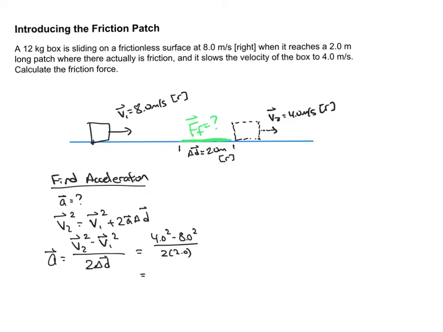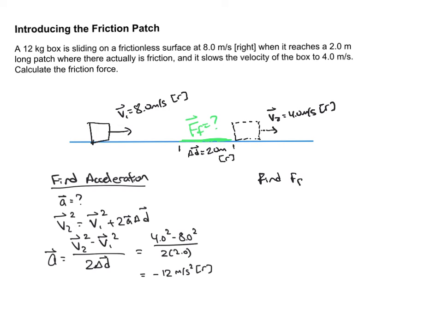Okay, let's see if I can do the mental math here. We've got 4 squared is 16, minus 8 squared, which is 64. So 16 minus 64 is, I'm already struggling, I think 48. 48 divided by 4 is 12. And this is going to be negative, because 4 squared minus 8 squared is negative. All right, so negative 12 meters per second squared to the right, which means it's a positive 12 acceleration to the left. Okay, so knowing that acceleration, I'm going to use that in Newton's second law